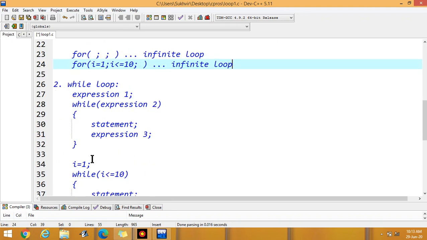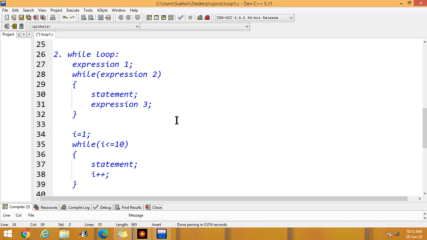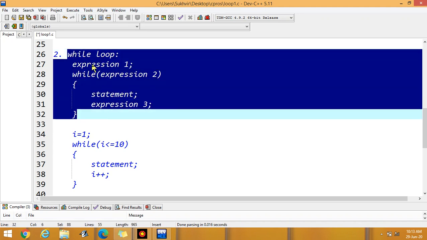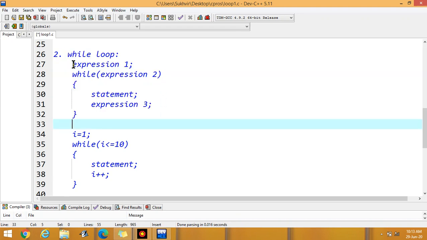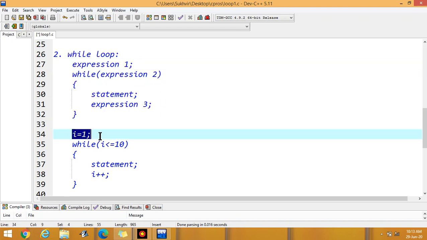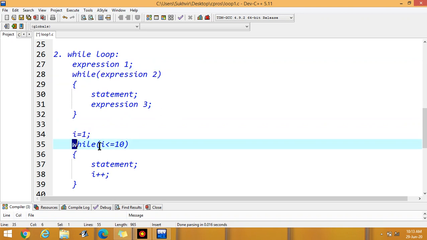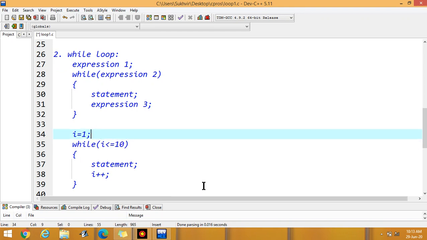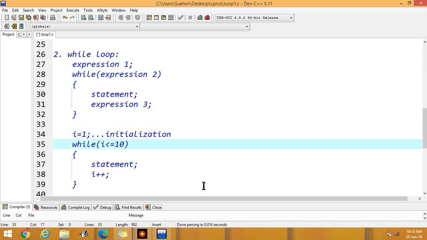The second one is the while loop. Now the 3 conditions: expression 1, expression 2, and expression 3. First of all, we have to write expression 1, i = 1, in the first step. Then while expression 2, it means while i <= 10. Basically, the first is initialization, meaning the starting value.